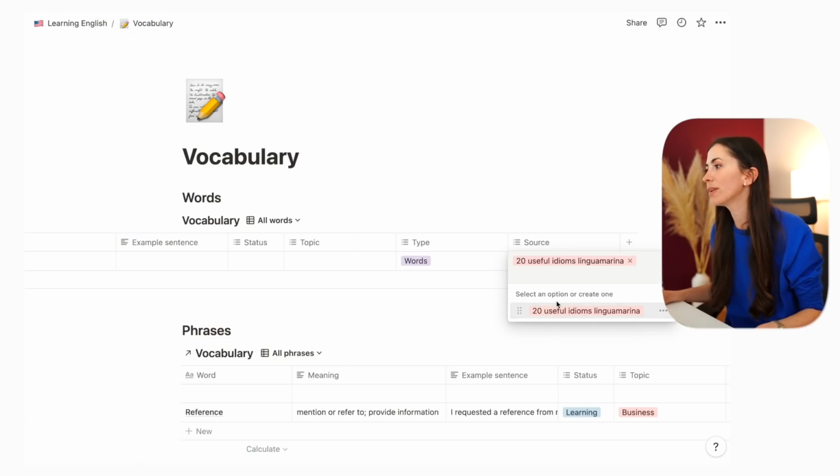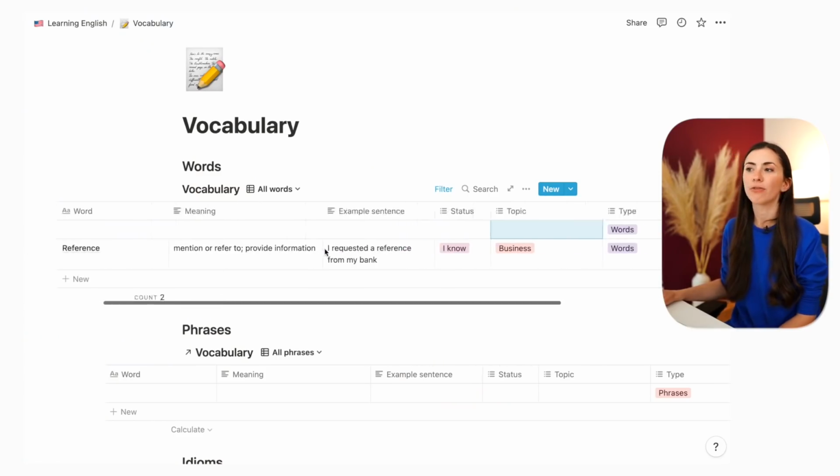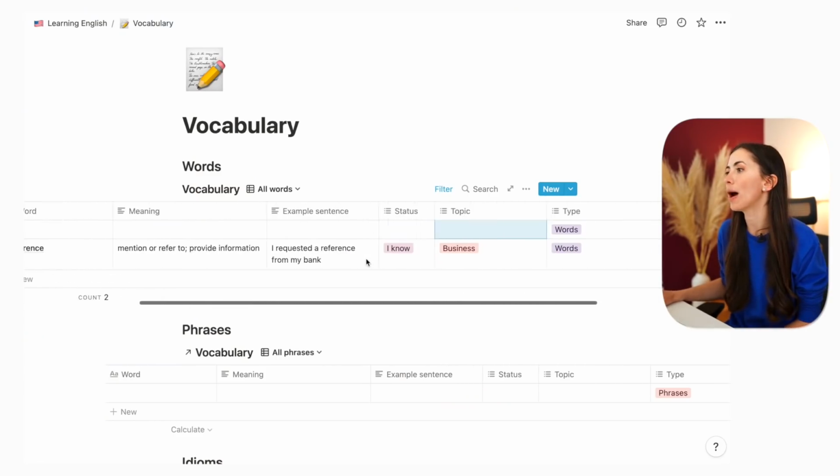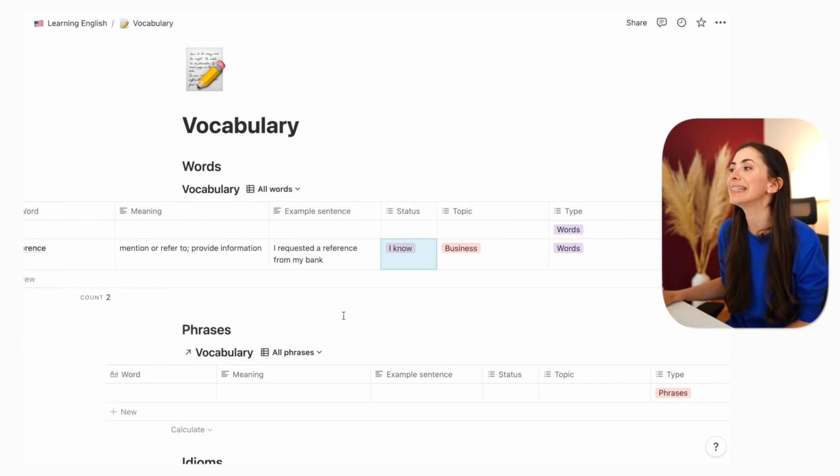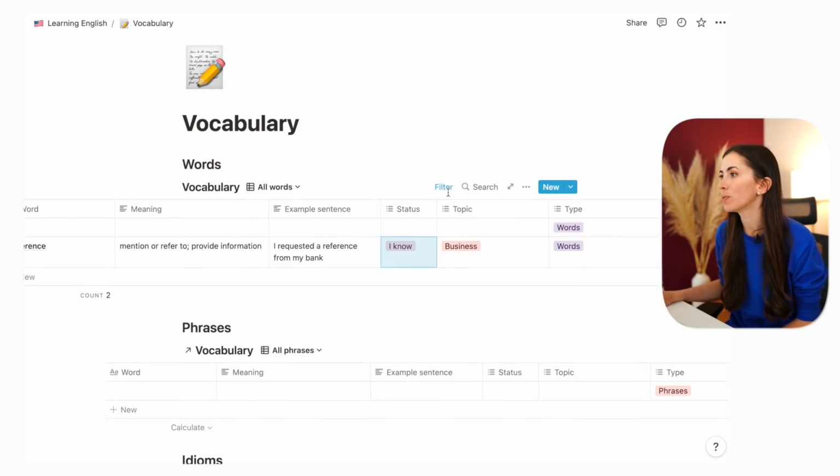So 20 useful idioms, lingua marina. Maybe you were reading a book, so you will create different tags for yourself. Now let me show you something. For example, this reference, you're like, oh, I know this word already, and I don't want to see words that I've learned. So we choose filter,